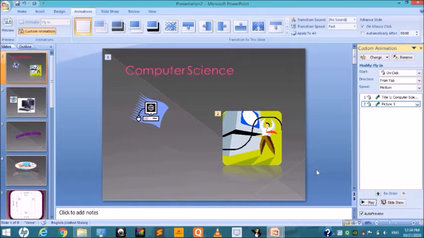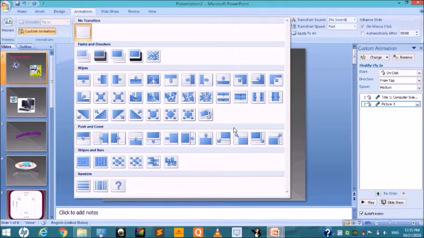So next is applying transition effects to the slide. Okay, so first you have to add a transition effect from the slides. So look here, the group here, the transition to the slides. Here the list of transitions appears. So we have to just select an effect from this transition to this slide group, under the transition tab.